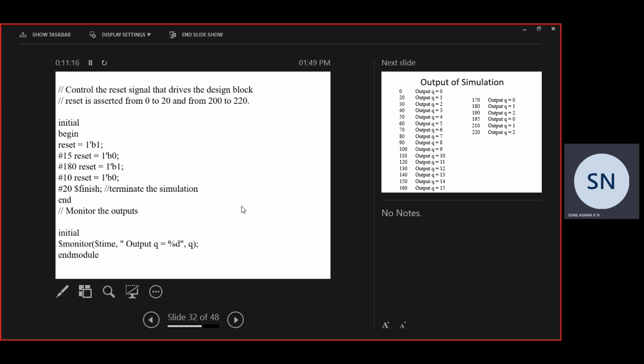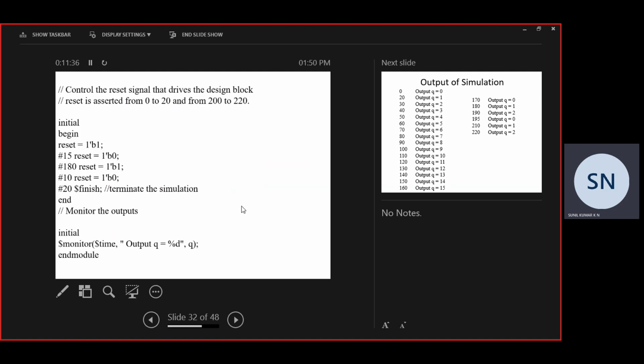Previously it was 1'b1. The 1 means the number of bits, so reset is of 1 bit. So 1'b1, 1'b0. I am changing the value of the reset in my program to 0